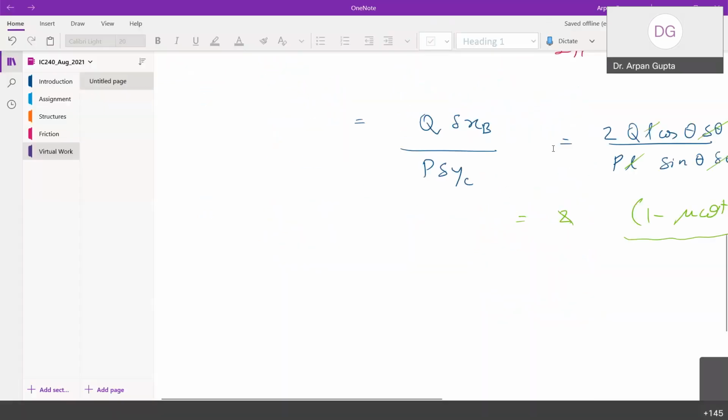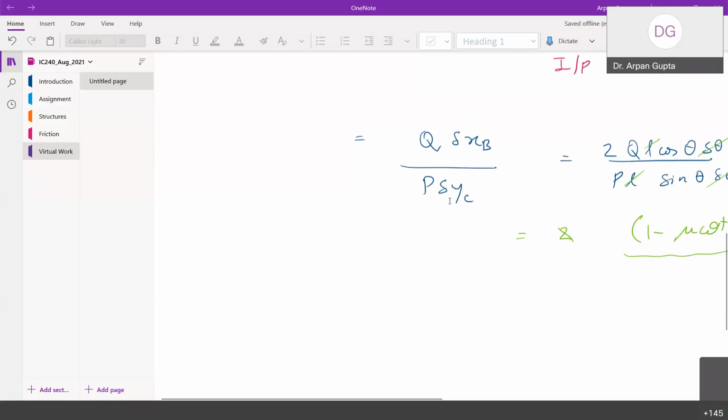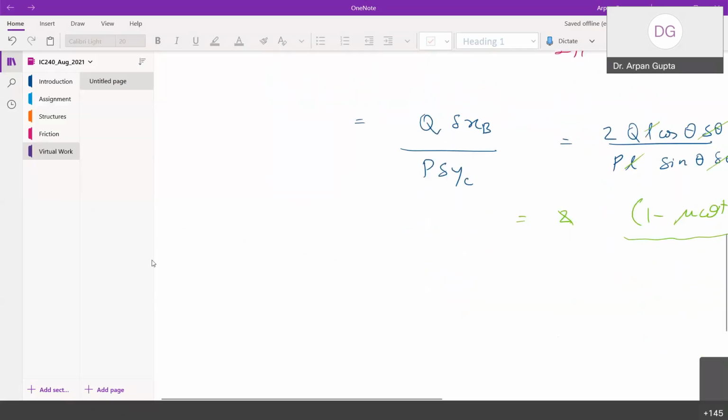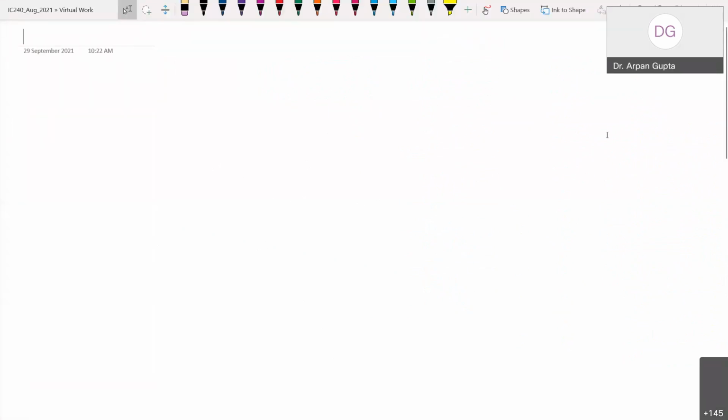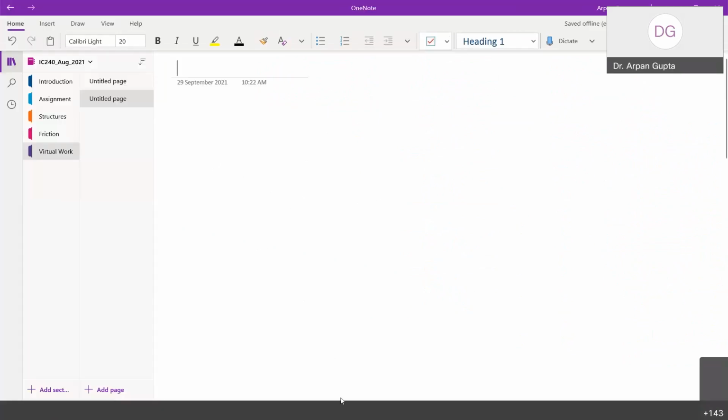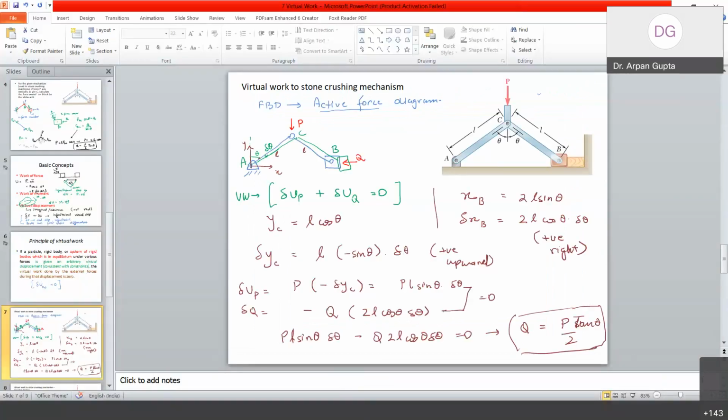Okay, so I think that's about the example that we were discussing. Now let's move to the next example. Another common example which we will try to attempt is a figure something like this. If you can see this figure here,